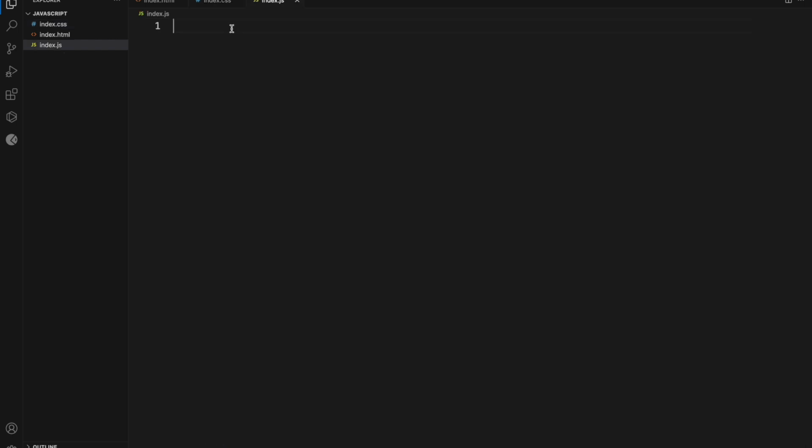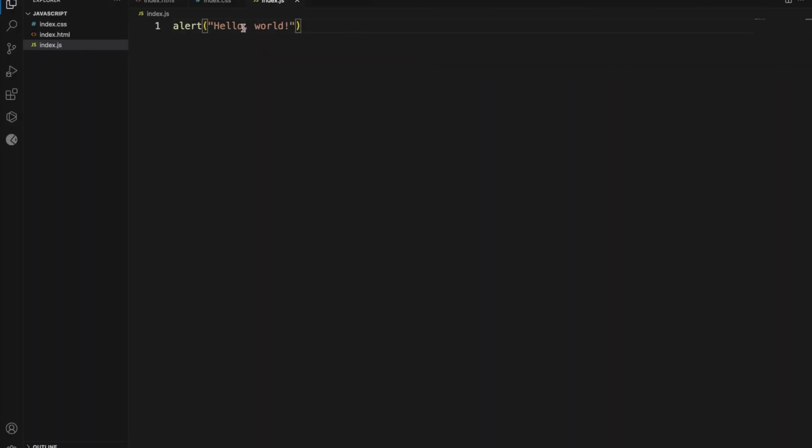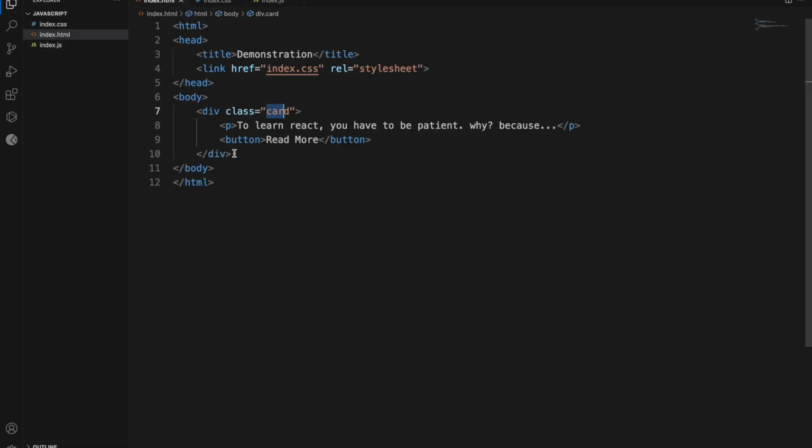To do that, going to JavaScript, let's first of all use a default method called alert to print hello world. So if you go back to our browser, when you refresh, it's supposed to pop up and show hello world, but nothing happened. Why? Because we have yet to link it to our HTML file. So to do that, inside the body section, before the closure of the body,